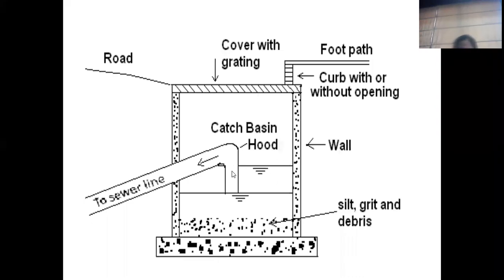And here the hood is arranged in such a way that it will not allow the water level to reduce below that. Always the water level in this chamber will remain up to this mark, and then water can enter. Until the water is up to here, it will not move towards the sewer line. It is connected to the sewer line, and because the water is always present up to this mark, whatever smell during the dry weather flow is coming back in the reverse direction will not be allowed to enter, because that chamber is full with water.